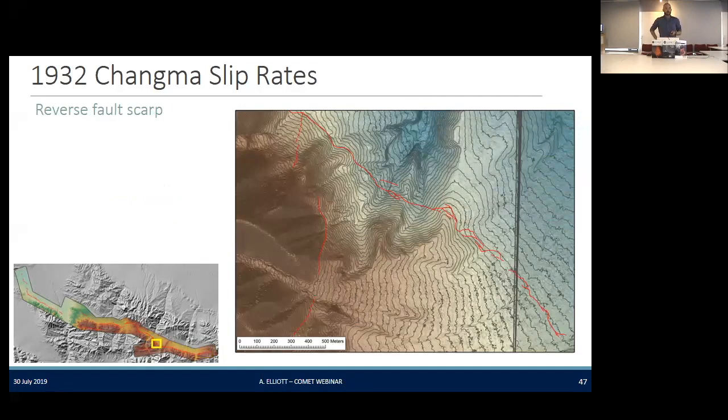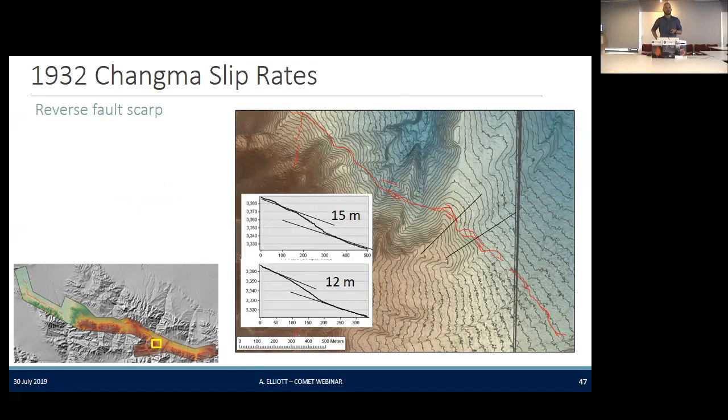We can take a similar approach elsewhere, looking a little bit farther west along the fault. At this portion of it, there's not really a lateral component. You're looking at a reverse faulting scarp. Again, you can see the scarp there in profiles across it. This is a multi-event scarp that we're looking at here, more than just the 5 or fewer meters that we